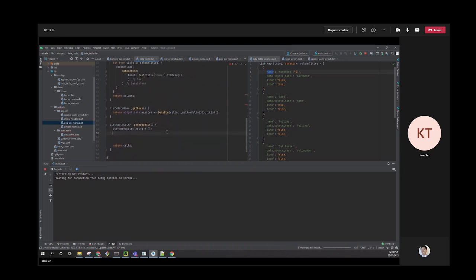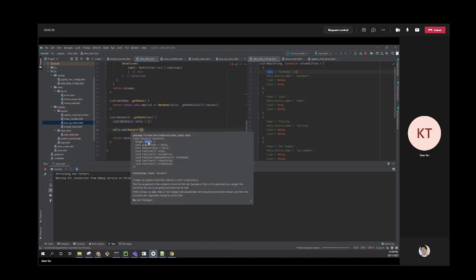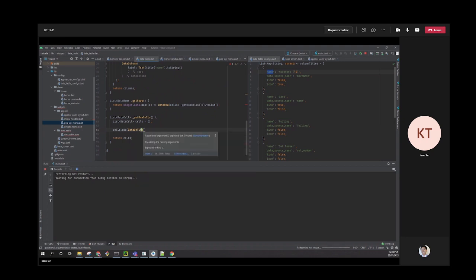So the logic is basically, I'm just gonna do a simple one, because we're just gonna add data cell to the cells list, and again, data cell you need child. So you need to specify, for example, right now I'm just gonna use a text widget